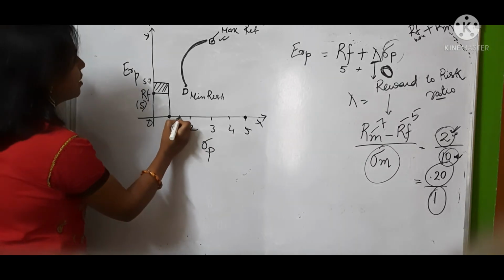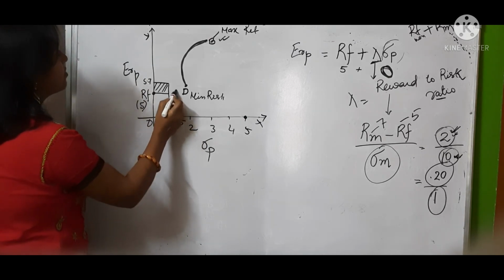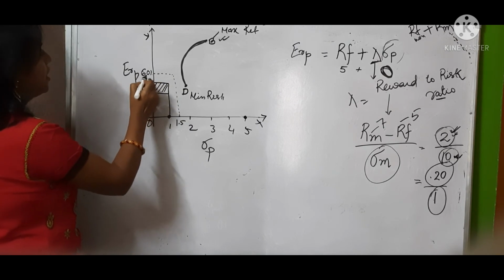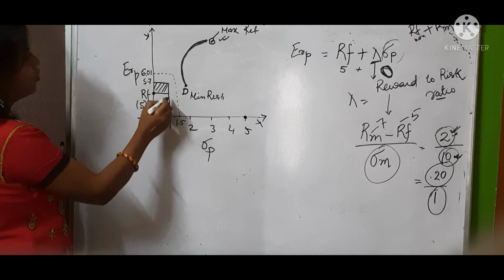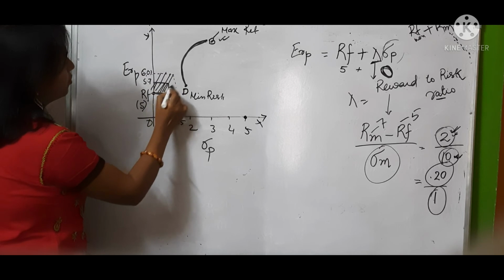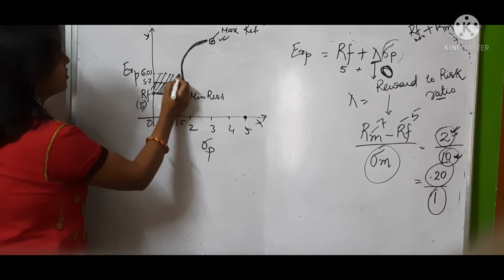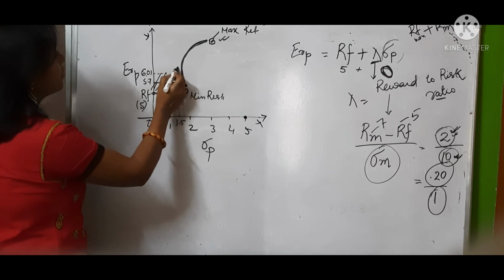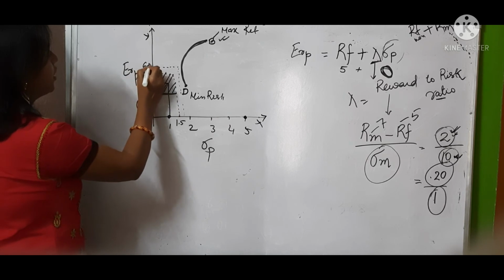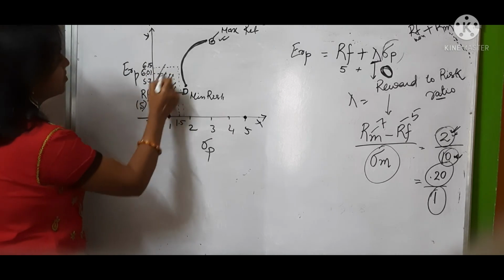Suppose he takes some more risk, suppose 1.5 amount of risk. So he gets some more return. Suppose he now gets 6.01 return. Again he is earning some premium, because the risk free return is this much. So he gets a premium of this amount. Again suppose he is taking some more risk. If he takes more risk, he will again earn some more premium. For example, he now gets 6.15. So again see 5 rupees and 6.15, so again there is a premium.